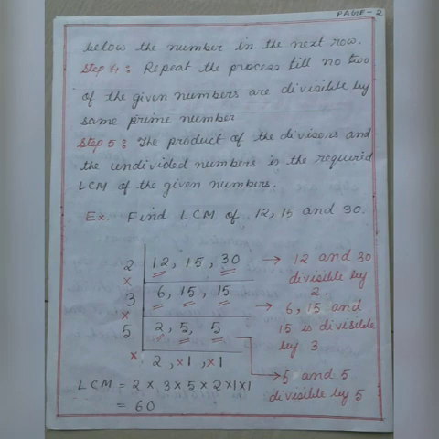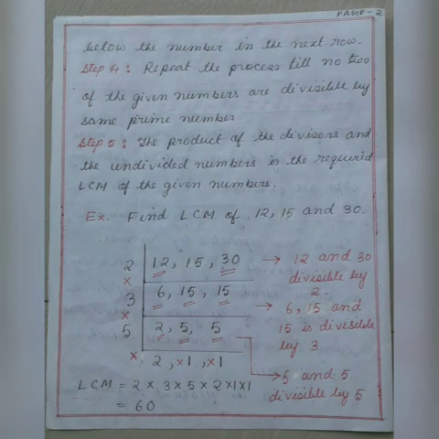Now, in the second row, I can see I have got numbers 6, 15 and 15. I cannot divide 6, 15 and 15 by 2 because only one number is divisible by 2, that is 6. 15 and 15 are not divisible by 2. So I have to check with the next prime number, 3. If I divide 6, 15 and 15 by 3, I get 2,